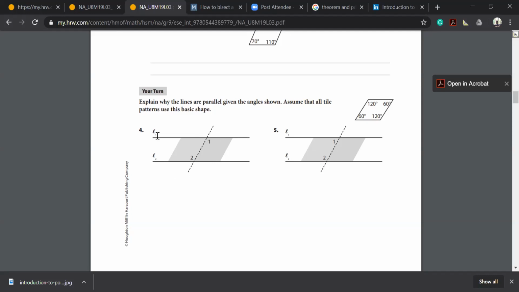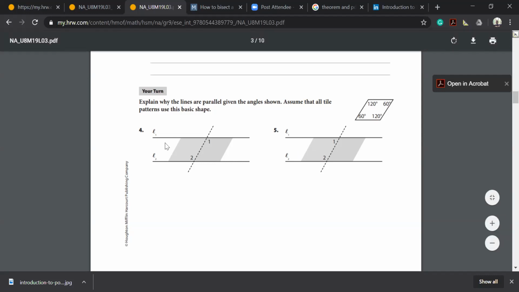So we can say that L1 is parallel to L2 by the converse of alternate interior angle. By the converse of, do not forget to write the word converse. By the converse of alternate interior angles theorem. Okay, let's think about question 5. In here we prove they are parallel using the converse of alternate interior angle theorem,